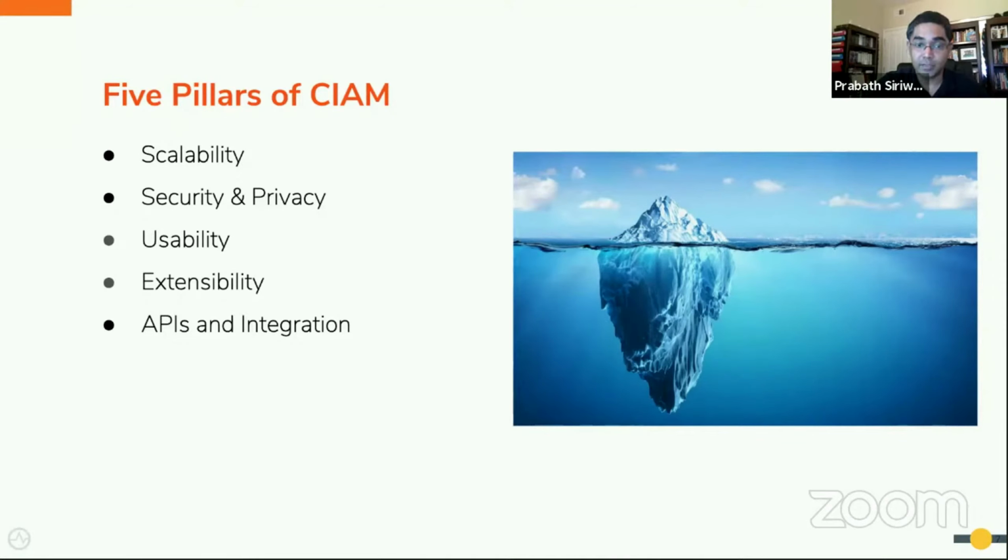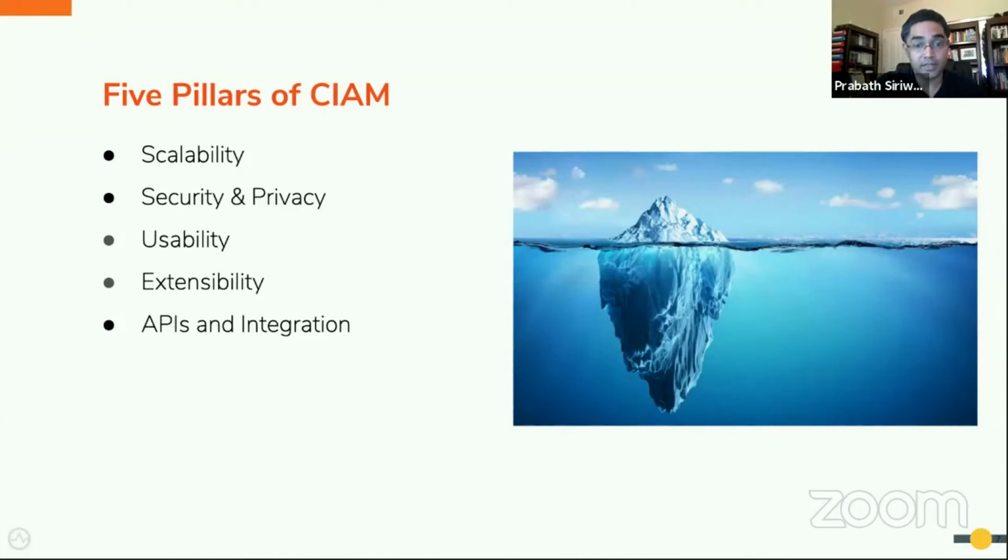Usability is another key aspect. There are 3 types of users who need access to your CIAM system: your customers, some of your employees, and the partners. The customers demand low friction access both during the login flow and during the registration flow. Then some of your employees, like the help desk administrators or the CXOs. CXOs especially would expect your CIAM system to build dashboards to give a better business oversight.